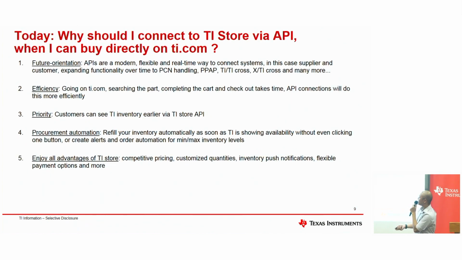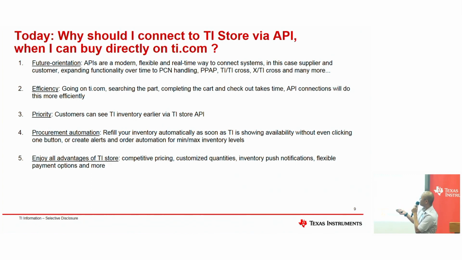Some customers ask me why we need to go to API when we have TI.com. Because API is more future-oriented. With API implementation, there are a lot more features that we can add in. Also, earlier Robert was sharing that right now is a market downturn, and we believe that every time there's a down, there'll be an up again. We do not know when the surge in demand will come. Based on the prediction it is about 2025, but it will eventually come. So for TI, we want to prepare our customers better. That's why we implemented this API to provide you a better channel to buy from TI.com. So again, API is future-oriented.